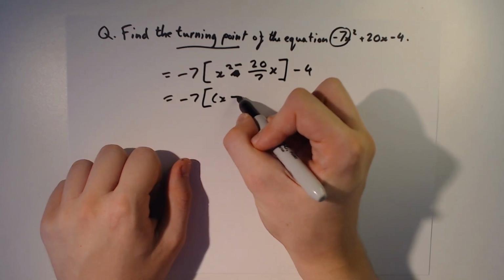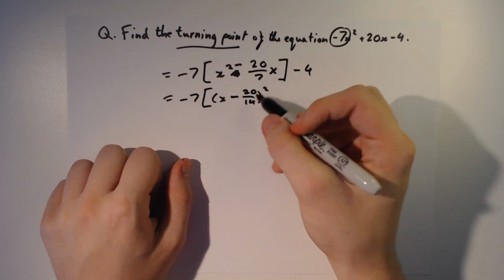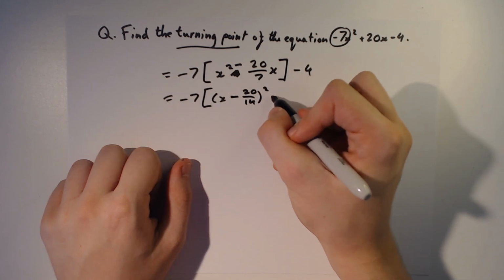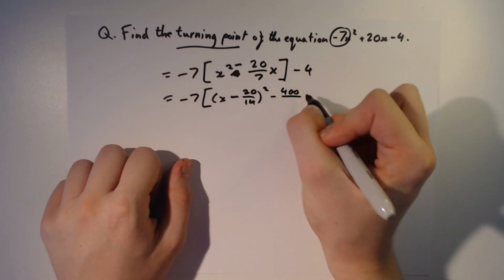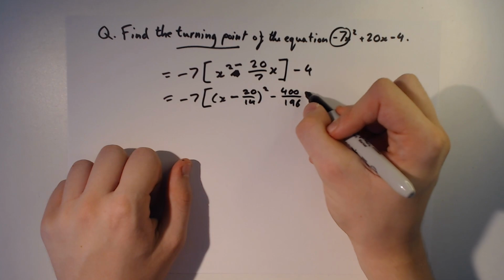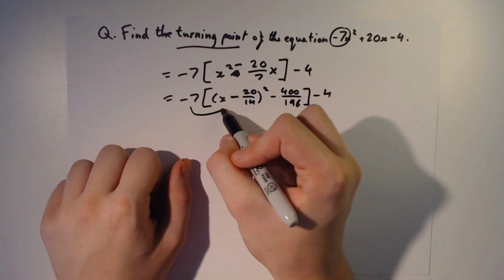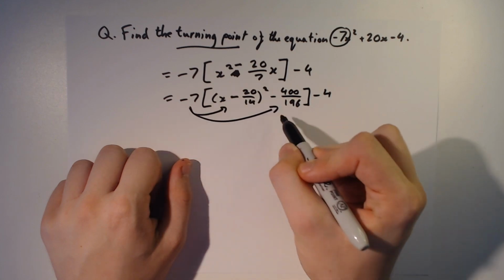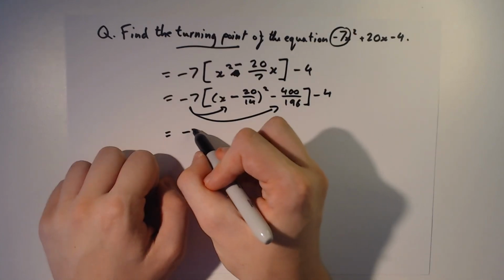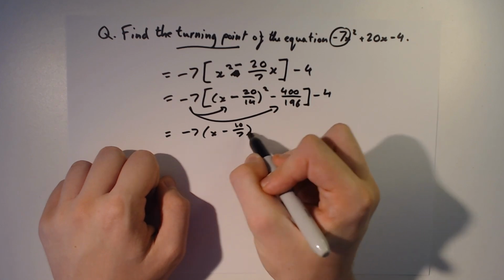x minus 20 over 14 squared, because we divide by 2, minus 400 over 196, end of big brackets, minus 4. Now we can multiply it out. Minus 7 brackets x minus 10 over 7 squared